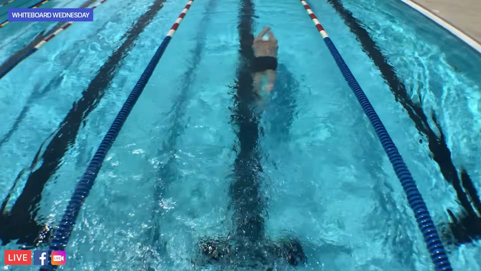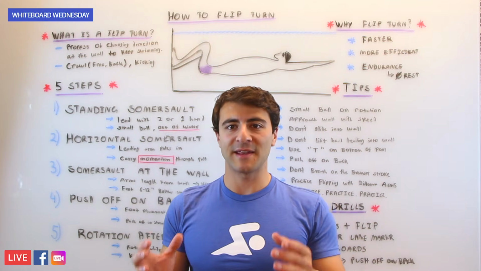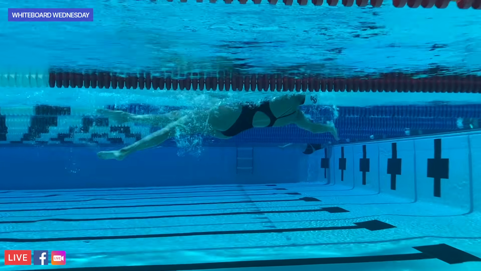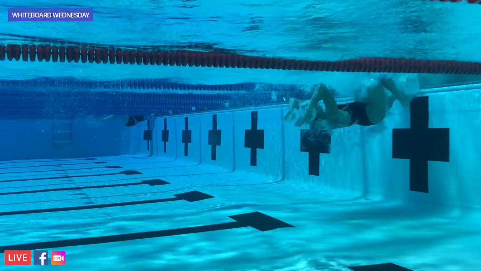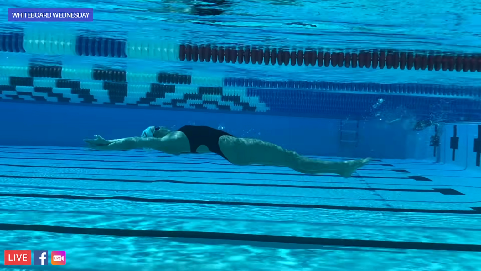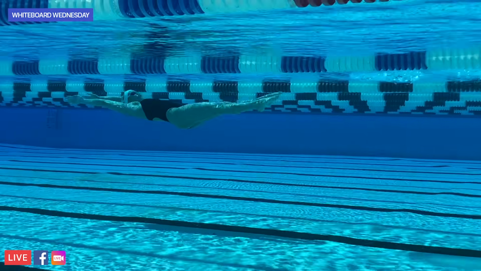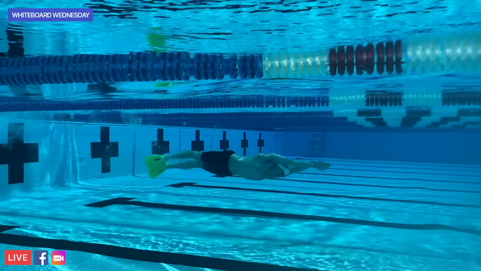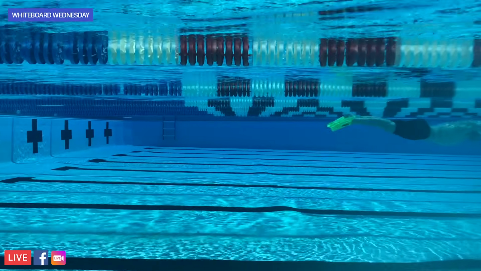And the final tip is practice, practice, practice. An elite swimmer will do over 500,000 flip turns in the course of just 1 season. So if you look at swimmers who have been doing this their entire life, they've practiced millions upon millions of flip turns, and as a result, they have a pretty good idea of what's going on.